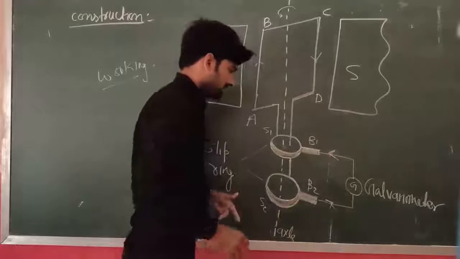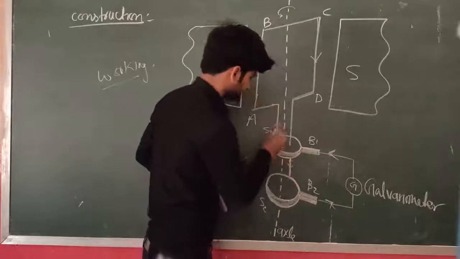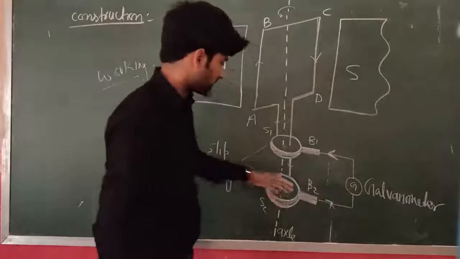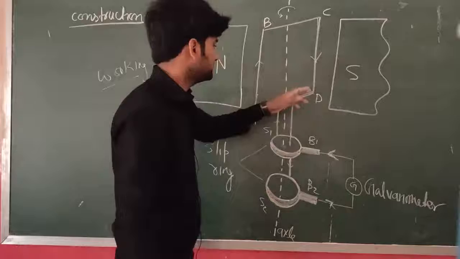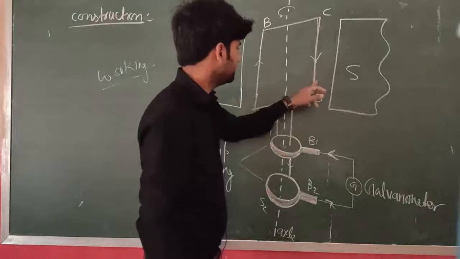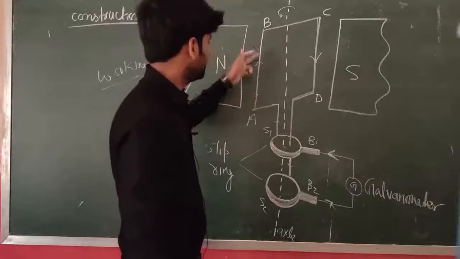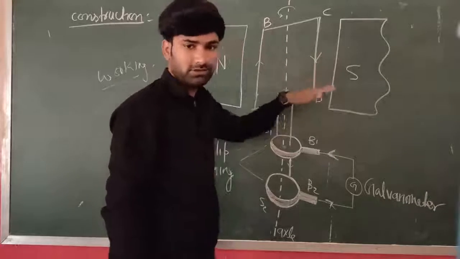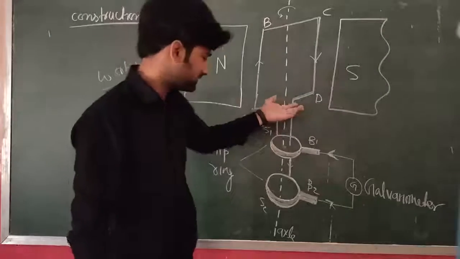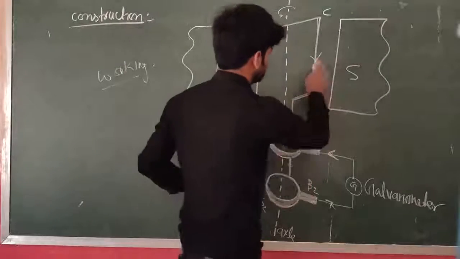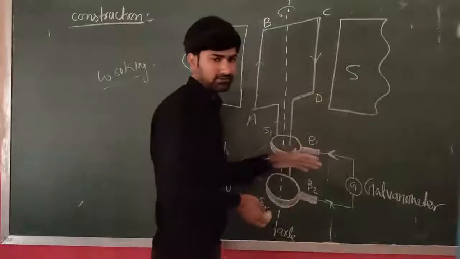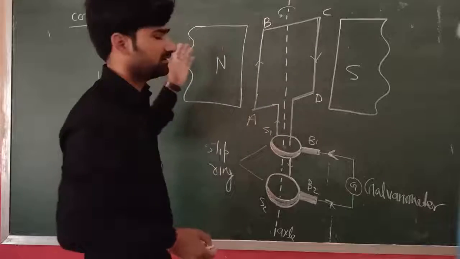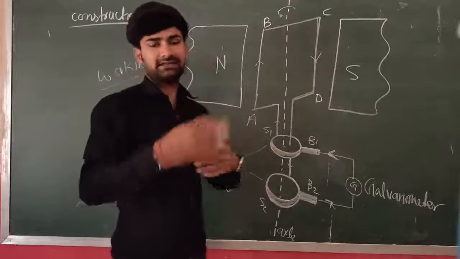Okay, after half rotation this side CD will be here and this side AB will be here, then direction of current will reverse. In this case we find the direction of current in opposite direction. Okay, and as we know AC generator produces alternating current and alternating